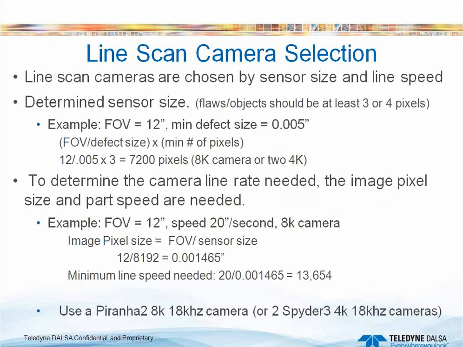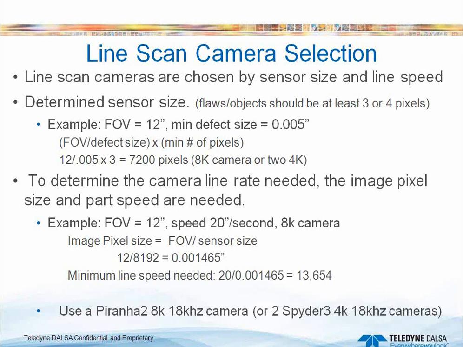How do we select a camera for an application? Well, there's a couple of things we need to do. We have to choose the size of the sensor and the speed. To determine the size of the sensor, we have to look at flaws or objects in your line or in your product. So a good rule of thumb is to make sure that the flaw of the object